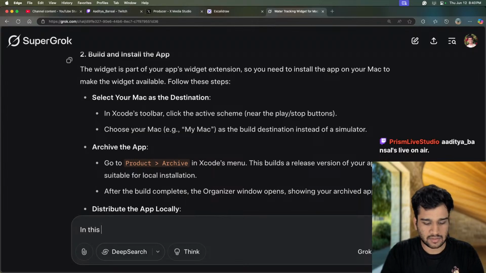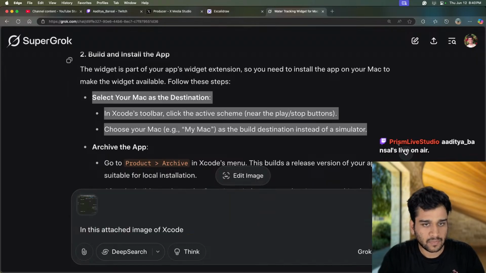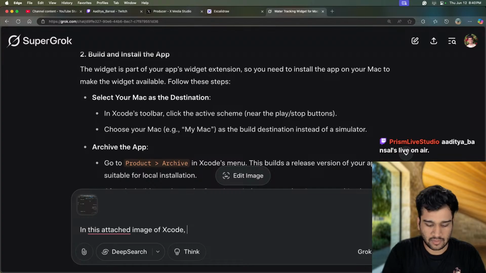And this is the attached image of Xcode. Where can I find the